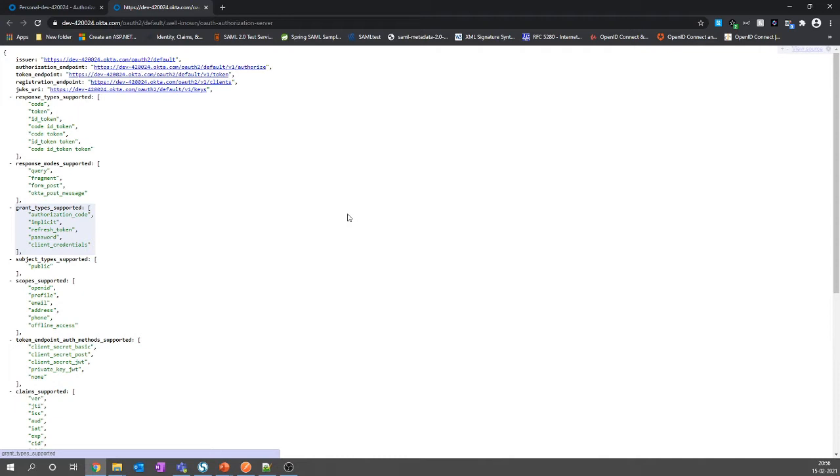You can see the endpoints on this page. Here's the issuer, the authorization endpoint, and the token endpoint. Authorization endpoint is where the client will come to get authorized. The token endpoint is accessed by the client to exchange the code for the token. There are other endpoints also, for example, the user info endpoint, which is used to get more information about the user. Then we have these response types